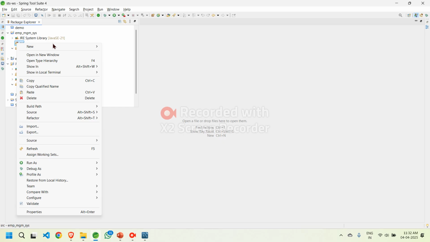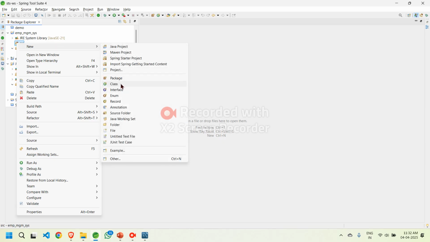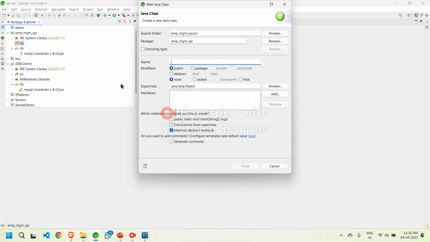So try to create one class. Now in this particular class, what you are going to do is create the JDBC program. I am not mixing interface at this particular point, it will be more confusing. I am just directly using the class concept. Later we will see how interface can be implemented, and how polymorphism is going to be used in your application. So let us go for creating